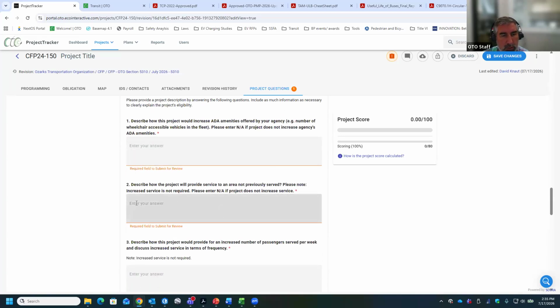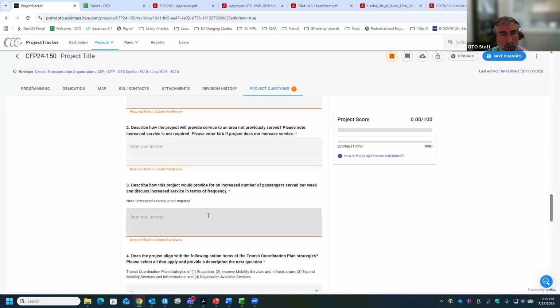And then I don't know if I need to go through all the questions. I feel like they're fairly straightforward. Not previously served: if you expand your boundary and provide more transportation, you would put some descriptions in here. As I said, for us, it's important that the trips still go to the OTO area or end in the OTO area. Number of passenger services, so there would be an estimation.